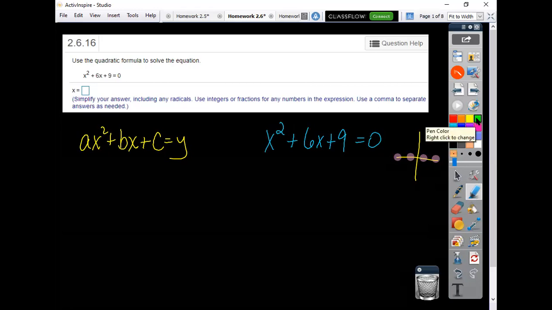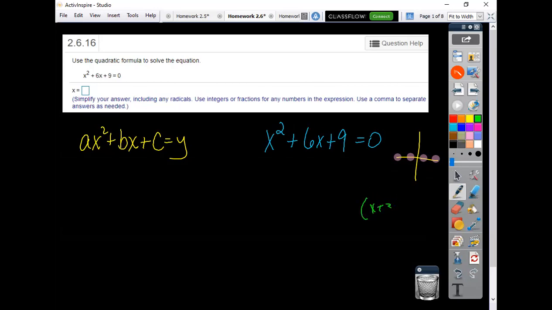If I were going to work this problem by factoring, I would do it the fastest, because you could just do x plus 3 and x plus 3 and get a -3. So over here at -3, you're going to have one x-intercept, opening up. Just keeping that in mind, if it says to use the quadratic formula,